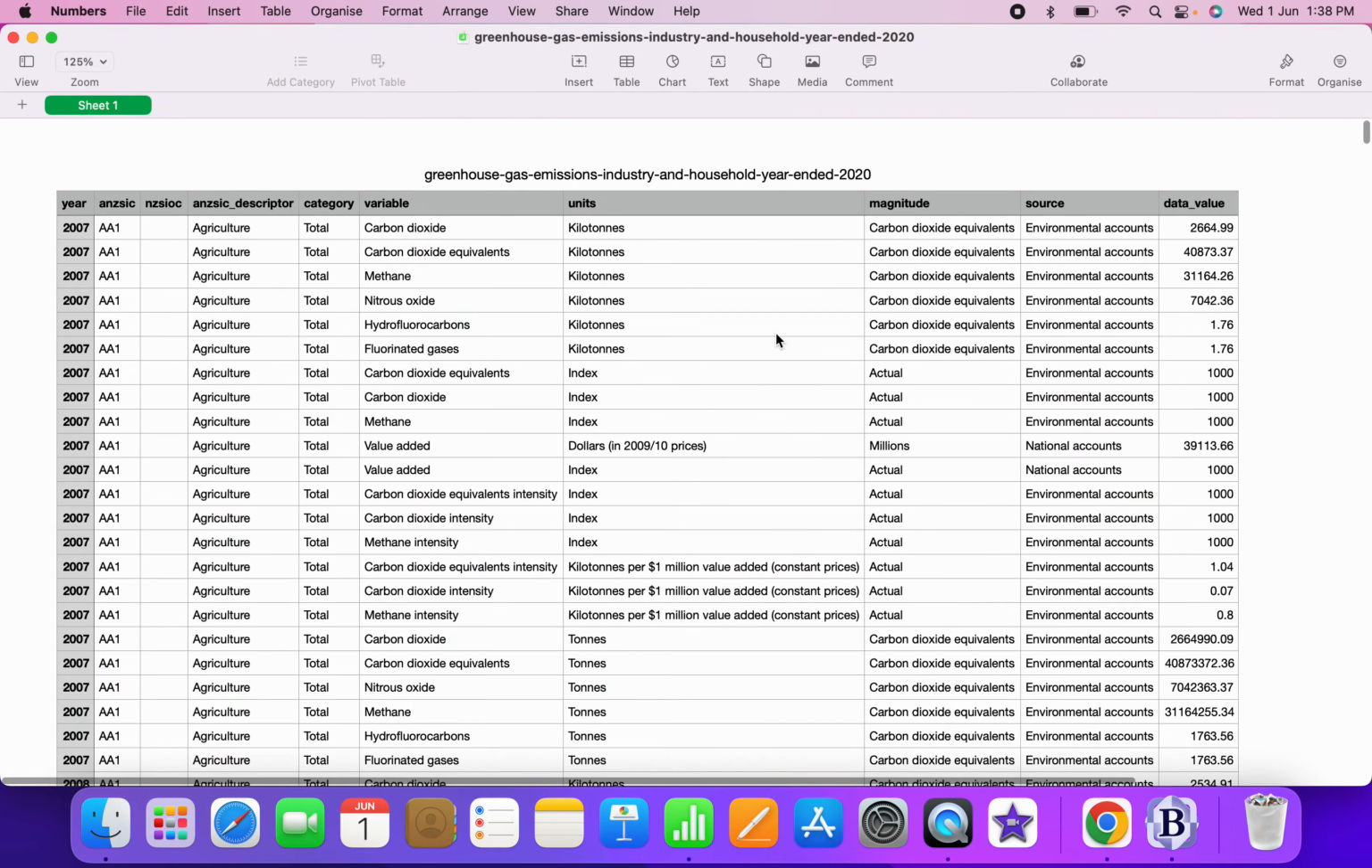Okay, this is a simple data. This data is available in a CSV file. I have downloaded this file from the internet. This is greenhouse gas emission related data. We have different data points,